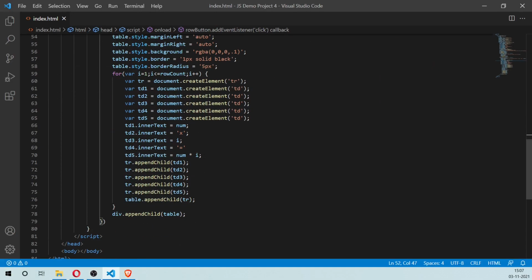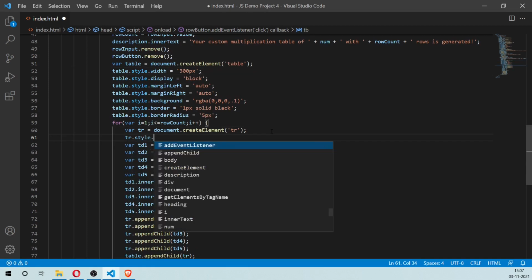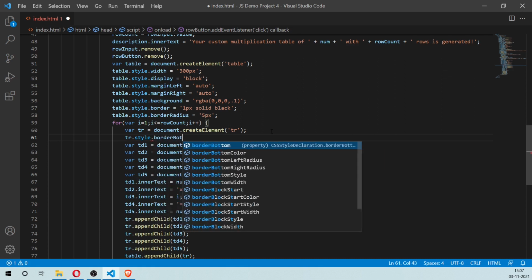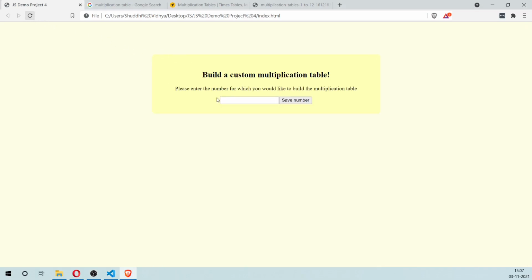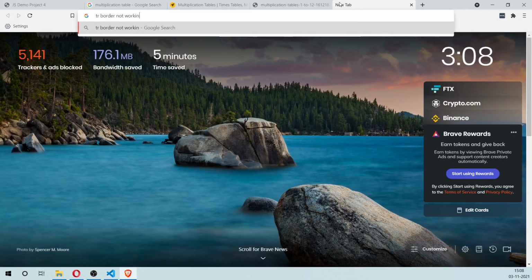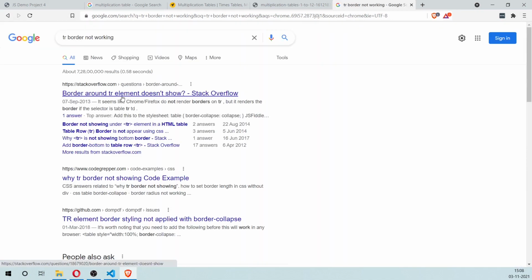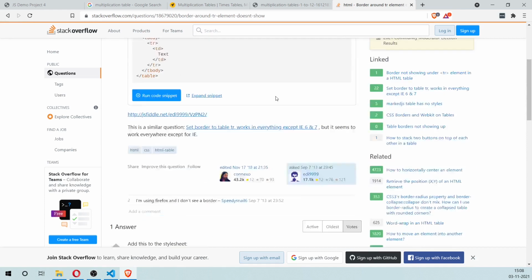We can also add a border property for the tr. tr.style.borderBottom equals 1 pixel solid black. Let's have a look at why the tr is not getting a border.